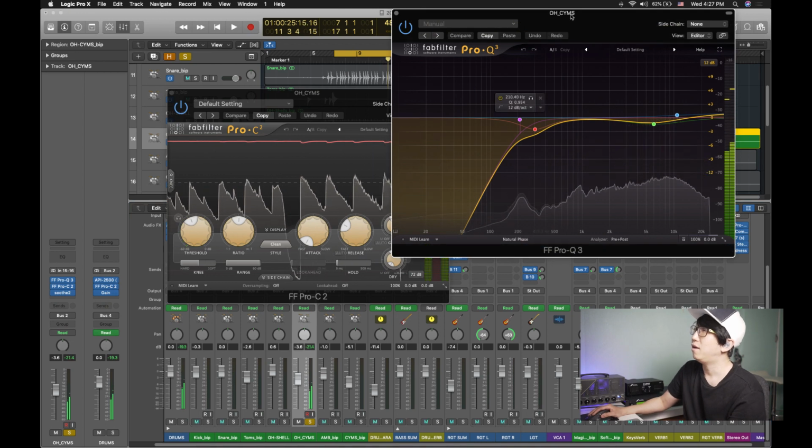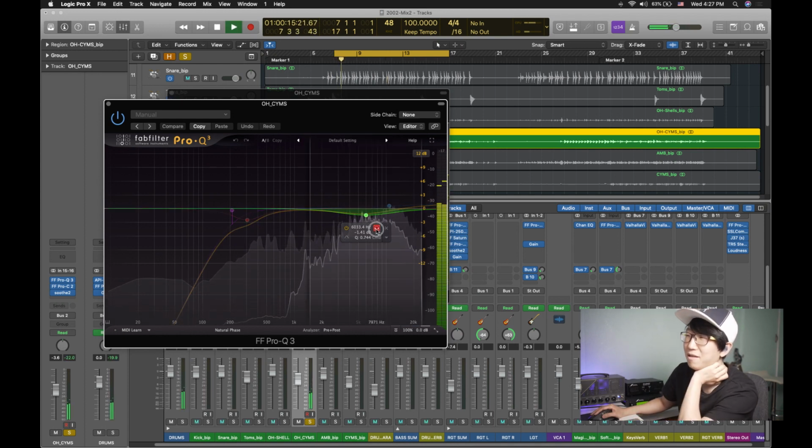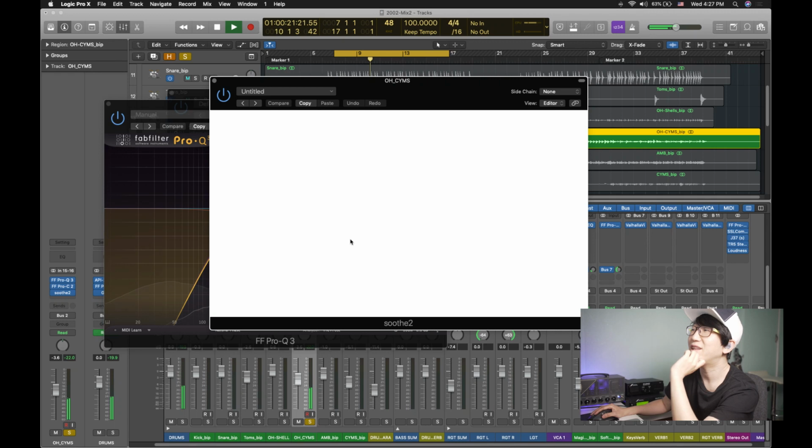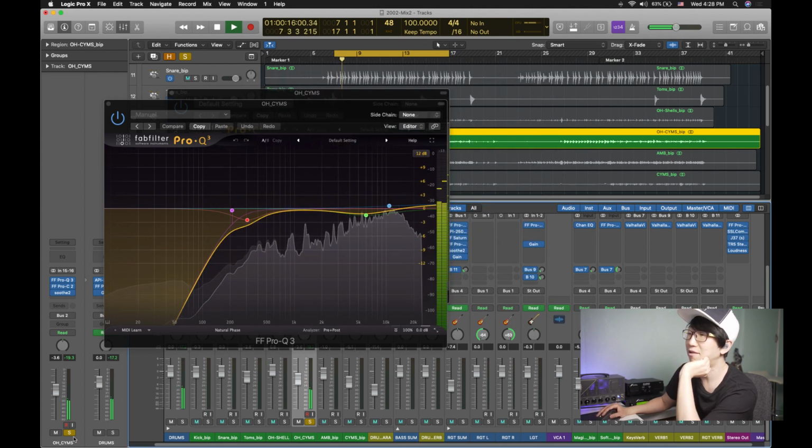So in the EQ, I already cut just a little bit with a wide Q on 6K hertz, because that frequency is quite nasty. Let's hear it. This kind of sound. So on top of that, this dynamic EQ makes it even smoother, even softer. So without, with. So in the context,